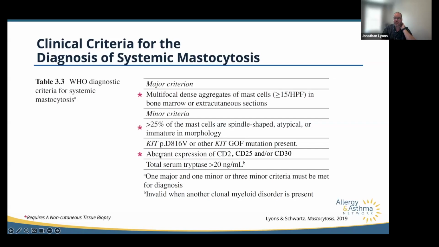And so if those are on the mast cells, they have to do special staining in the laboratory. So if you're a physician ordering this from a pathologist or a hematology oncology doctor to do the bone marrow biopsy, you have to specify, we need to stain for these things. We need to stain for mast cells with either KIT or tryptase, and we need to stain for these aberrant markers, CD2, 25, and 30.